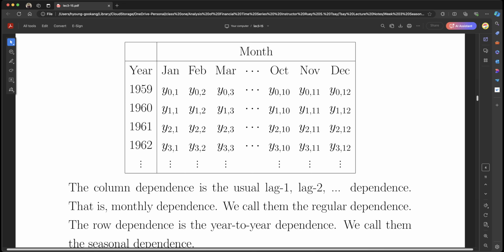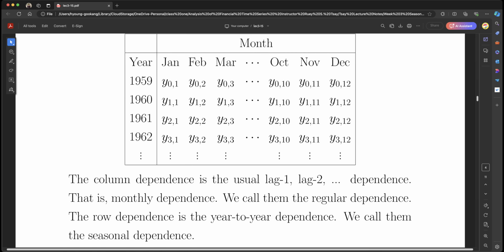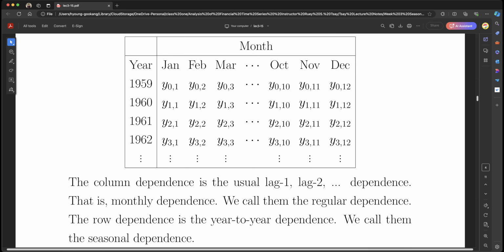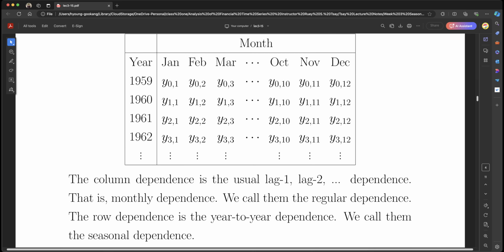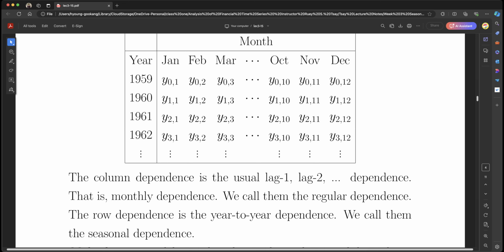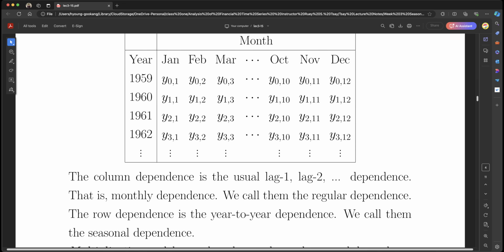There is a pattern across years and then a pattern across Januaries. If we use only annual data, for example, every January, then we don't have seasonality. If we use every March data, then we don't have seasonality. However, if we use the entire monthly data for each year, then we should take into account both yearly trend